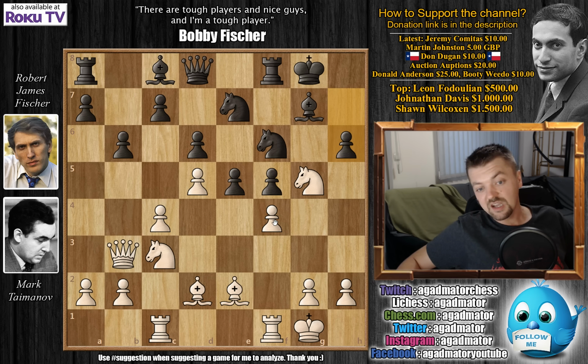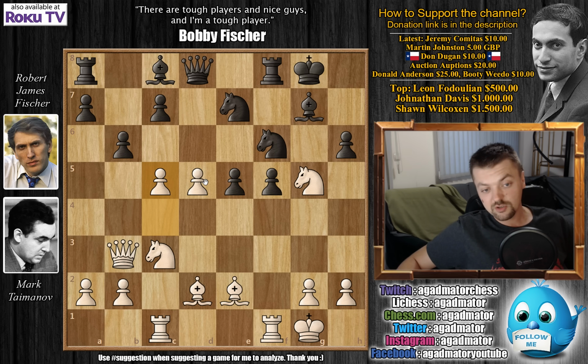a very forcing line. We have f captures on e5, d captures on e5, and now c5. Here Taimanov creates a very nice position where d6 is definitely a threat in all of the variations. For example, if you play something like